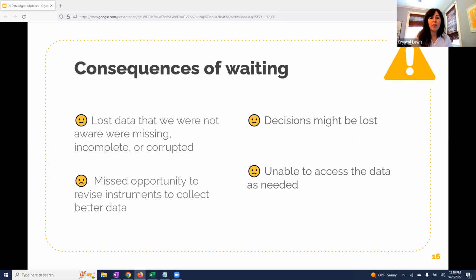Or maybe a few people wrote responses as entire sentences, which means we've just created more work for ourselves. And worse, it could be that some responses are even unusable. And if we had been managing data throughout the study, we could have caught that this was happening and revised our instrument so that moving forward, we were only collecting numeric values within an acceptable range.